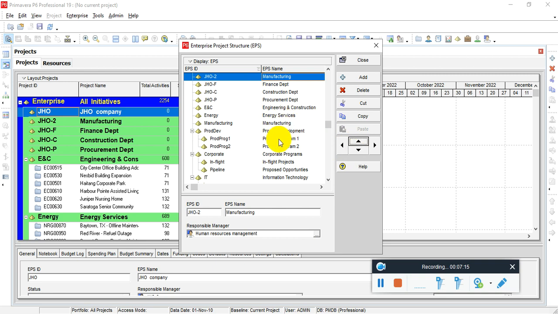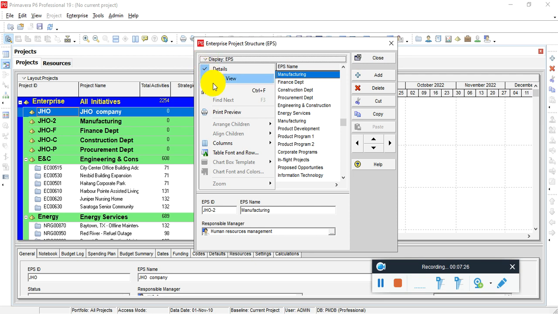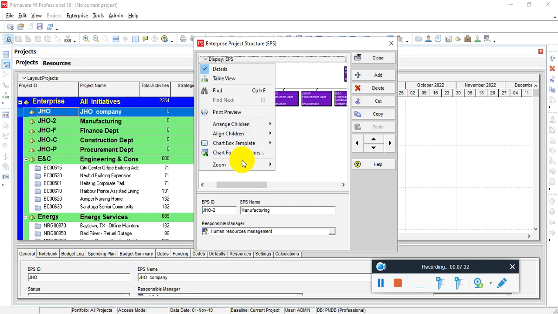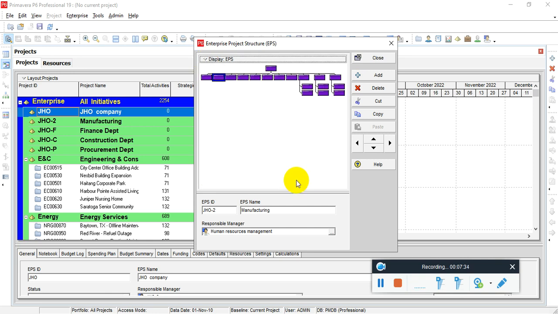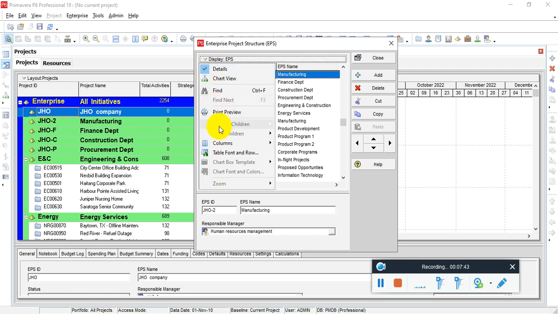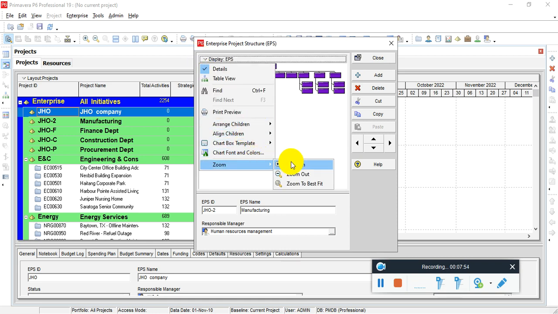So in this way the main components of an enterprise project structure are added. I will show you by display how to view it in a chart. First you will see zoom fit, best fit. So here you can see table view. Here you can check the chart view details of this. When you zoom in, you can see